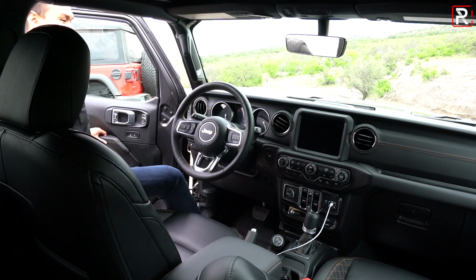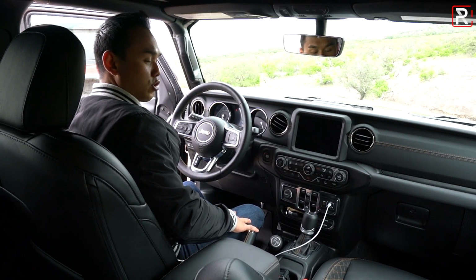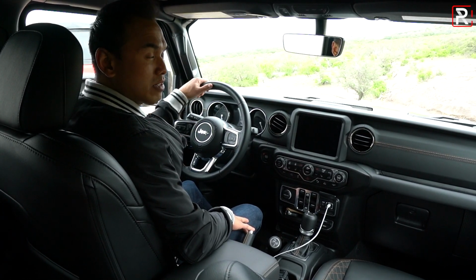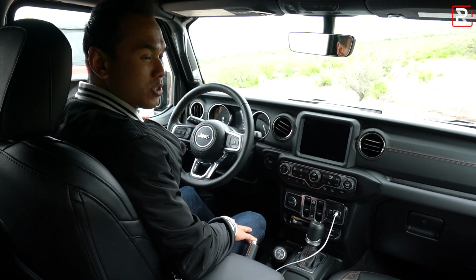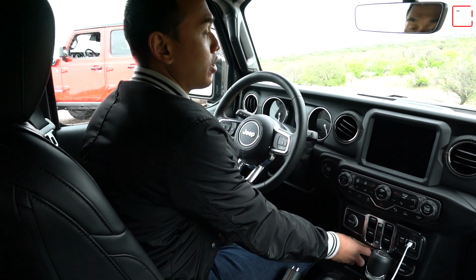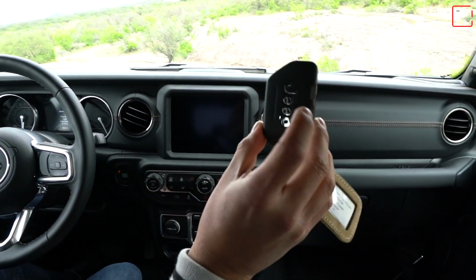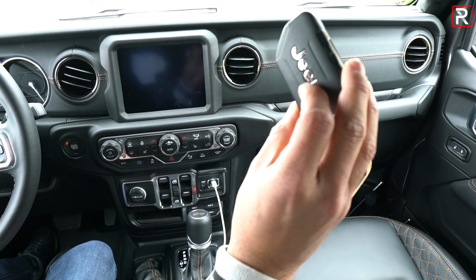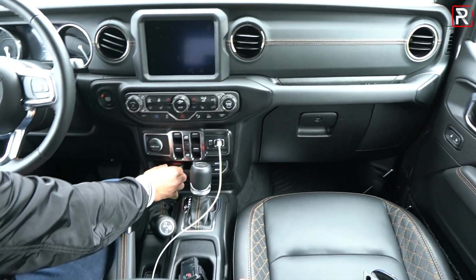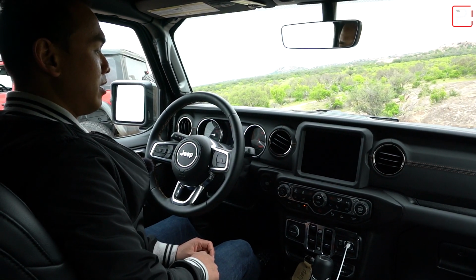Now, the exterior styling changes on the 4xe are pretty minimal, and that same story holds true when you get into the interior. When I get in and shut the door, it has the same kind of solidish thunk. Remember, these doors are removable, so it's not going to have that bank vault silent or solid thunk that you get in some other vehicles. Here's the key fob for the 4xe. It hasn't changed. I kind of wish that Jeep had made this blue in an outline to show that you had a special model, but the real magic happens when you start the Wrangler 4xe up,